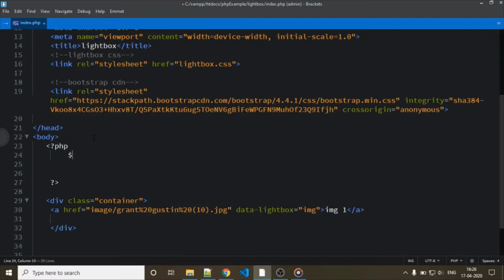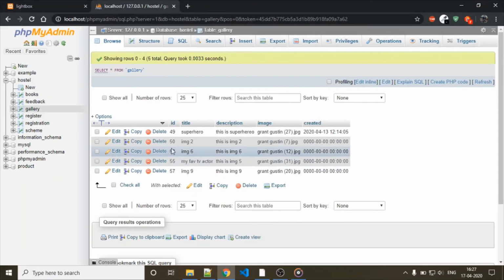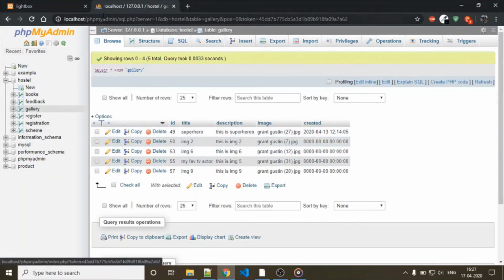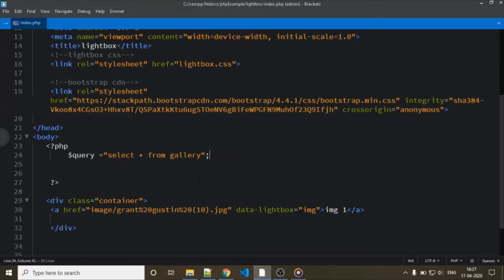Just write the query: select all from the table name gallery. You can see that this is the table name, gallery.